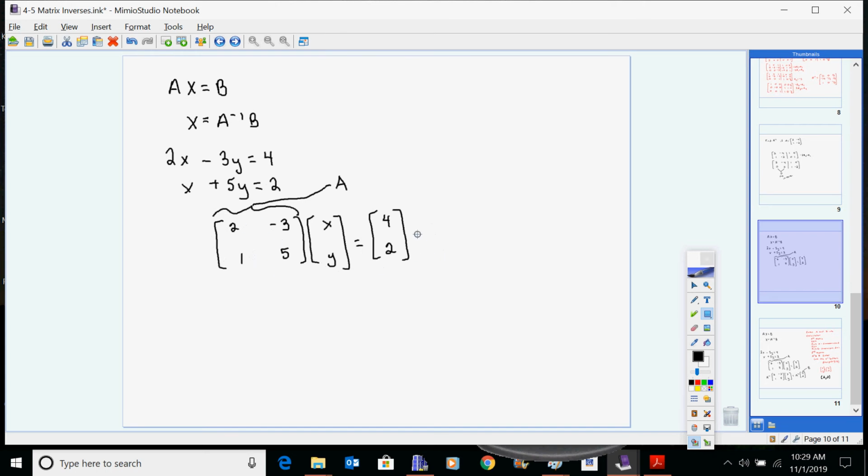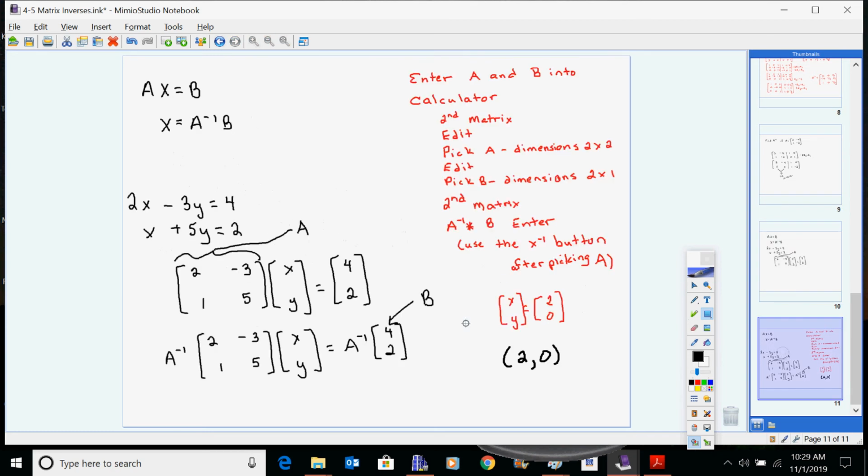Now, our shortcut to this is that we don't even have to necessarily write down what the inverse of a is if I just write it in this fashion. So here's this problem we were dealing with a minute ago. I want to multiply both sides by the inverse. So I'm going to need to enter into my calculator matrix A. This matrix over here, even though it's just a little matrix, and I'm going to need to enter in this matrix B,